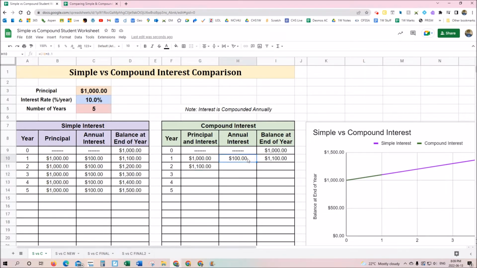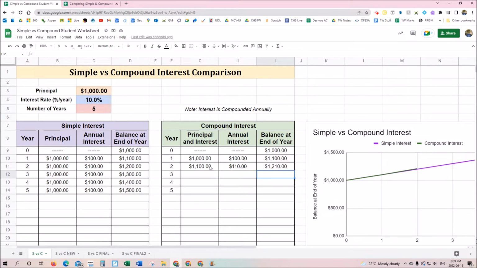This formula is going to be the same. It's going to be equals the principal and interest times 0.10 for 10%. And now you see I'm making $110 instead of 100 because I'm getting $10 more of interest from the interest I earned last year. Okay, our balance is still going to be the same. Take the previous year balance, so equals for an equation. And look, it's predicting I-10, which is right, I-10 plus H11. Yes, it predicted it correctly. That's what I wanted. And now I'm up to